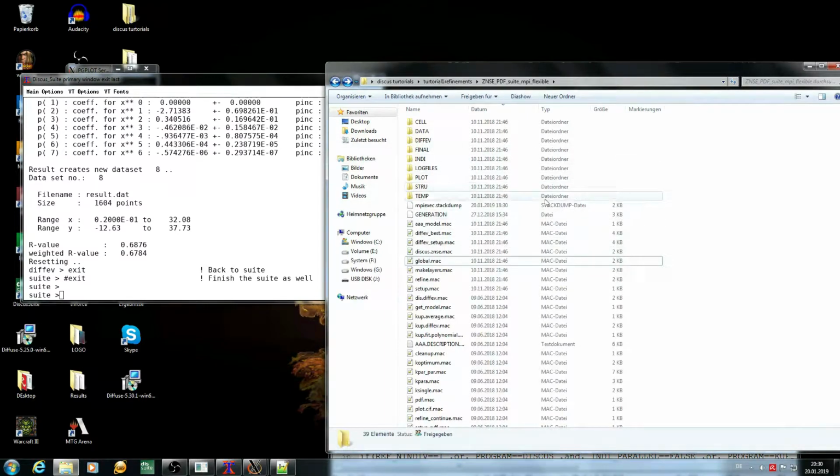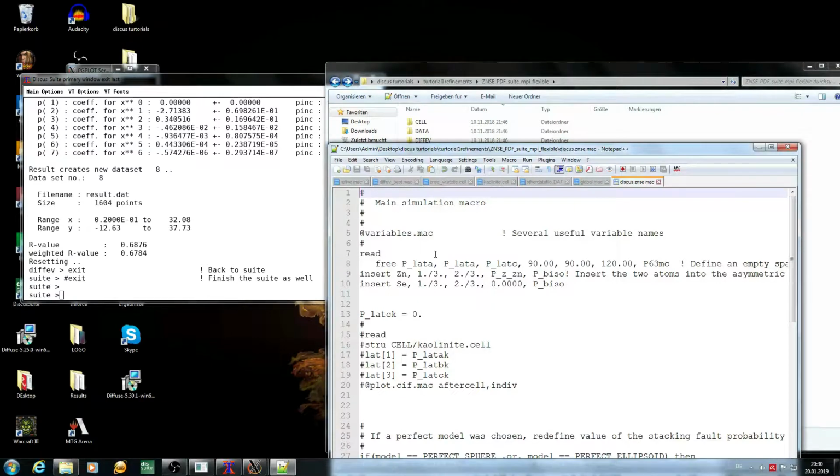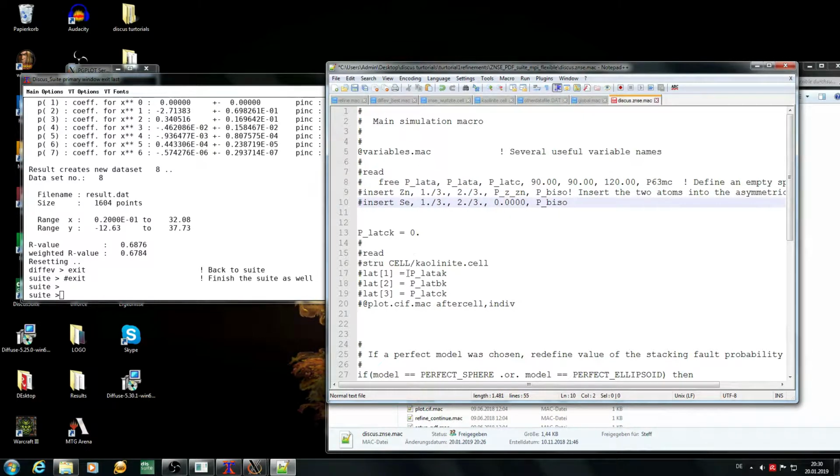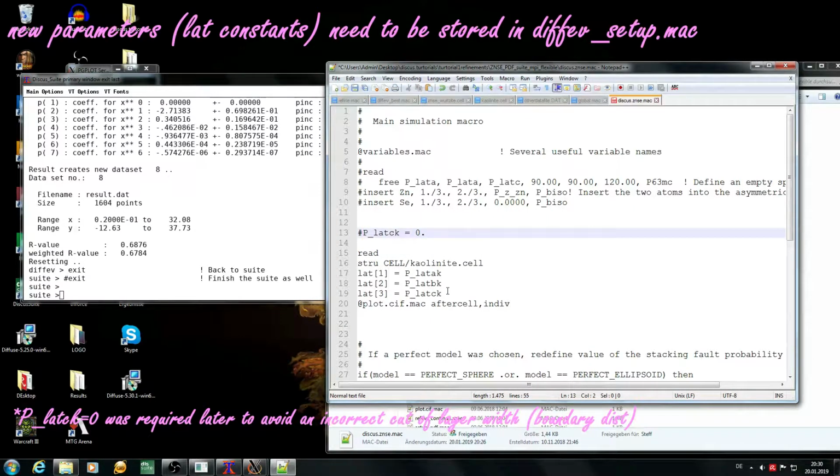The second thing you need to do is to change your structure. The structure is standing in the zinc selenide macro here. Again, this is the zinc selenide, so it's manually written into this macro, so you can also read that from the cell file, which is done here. So you put in a read, read the structure from the kaolinite cell file,